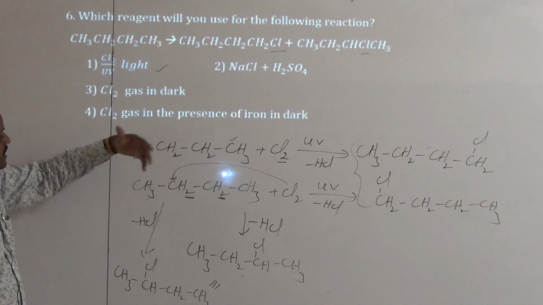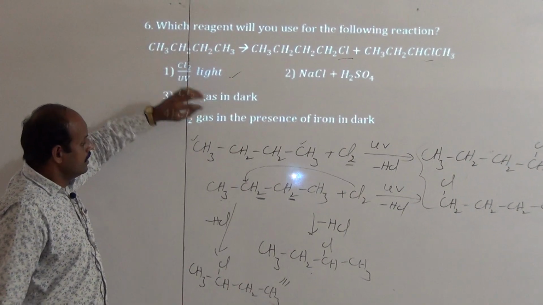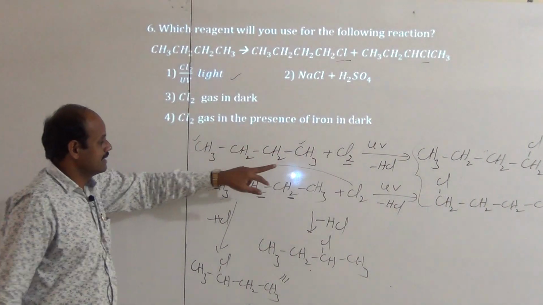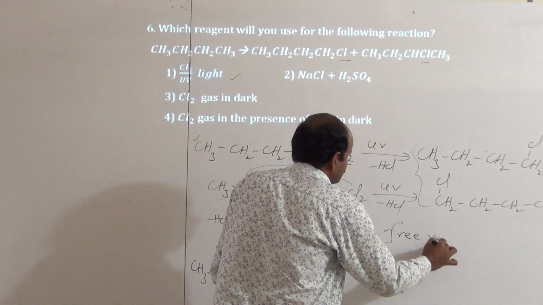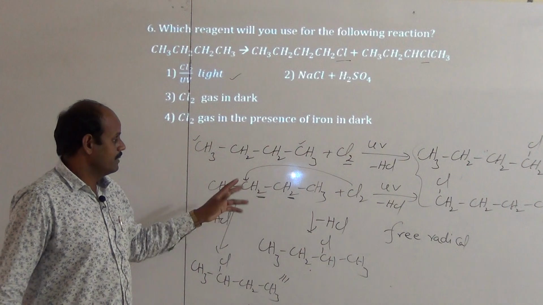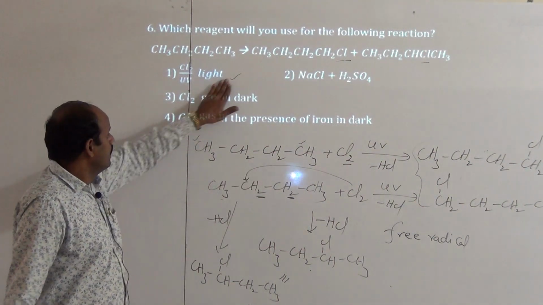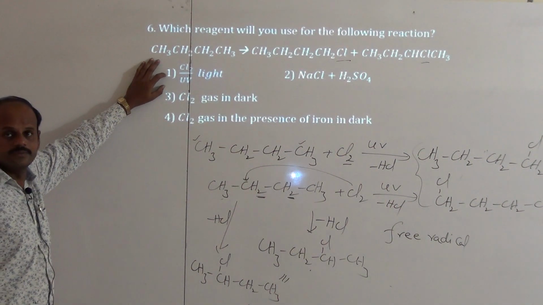Thus when you take halogenation in the presence of UV light, chlorine atoms can attack on all carbons, because it takes place through free radical mechanism. Thus with highly reactive species, all hydrogens can be replaced by chlorine atoms. Okay, thus here what is the correct option? Here the first option is the correct one.